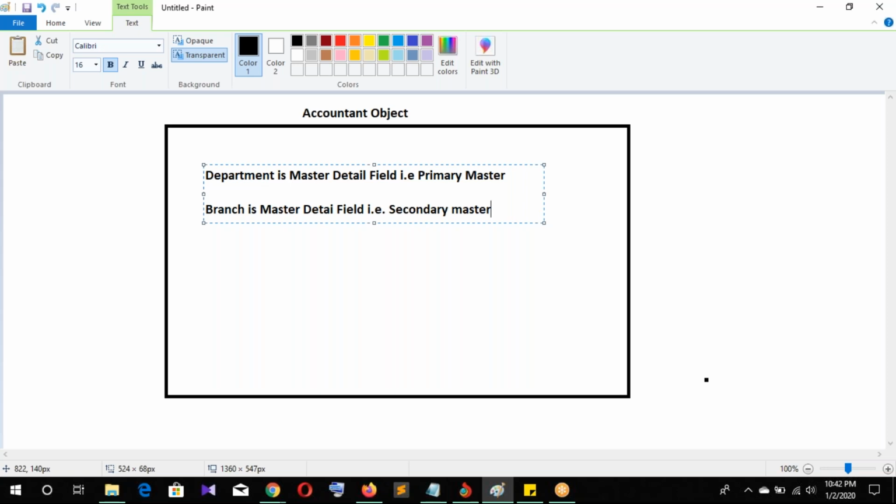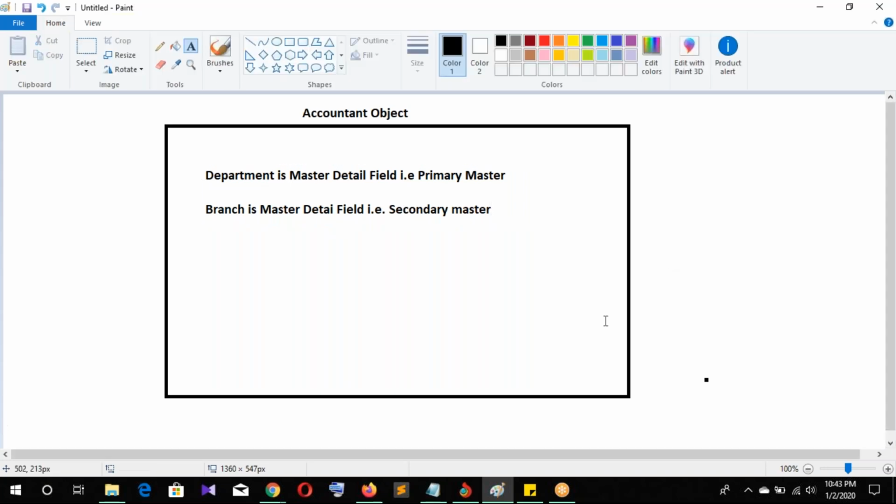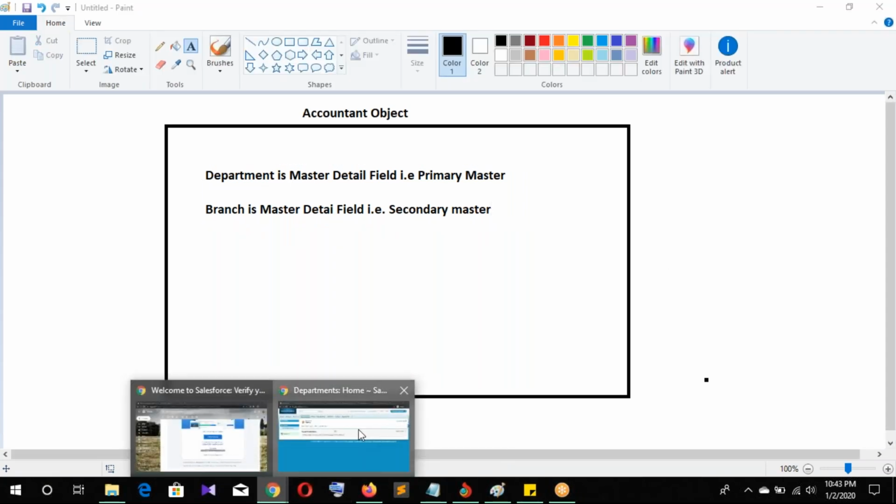Here there is no child concept, only parent and other custom fields only. Understand?